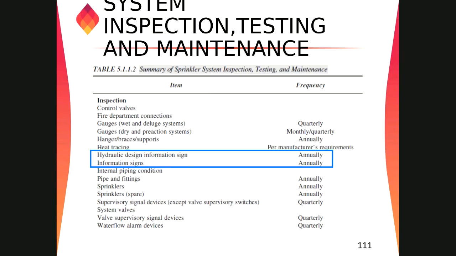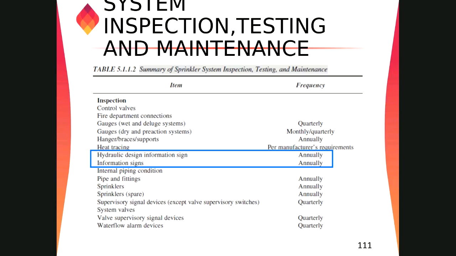Normally this is required especially for the firefighters. The idea is that when there is a fire in a building and firefighter teams come to the site, they want to see what is happening. The fire department team will come. One guy will be nearby the fire pumps. He will operate and control the fire pumps. The other guy will be nearby the risers, the fire protection risers. Some firefighters will be fighting the fire through the fire hose cabinet in different fire areas. And the chief of the fire will be standing outside and giving commands to all the persons, right?